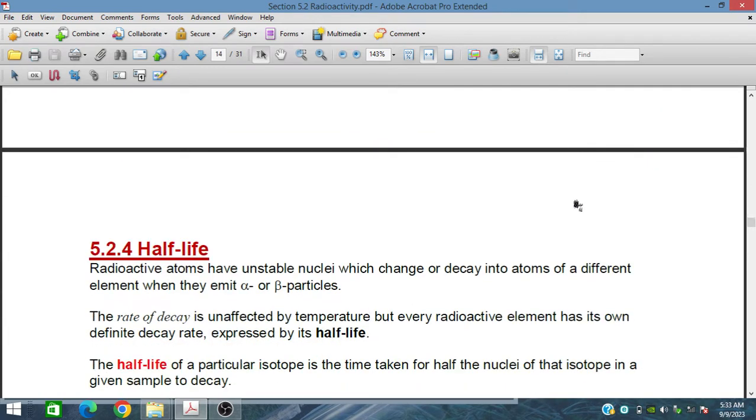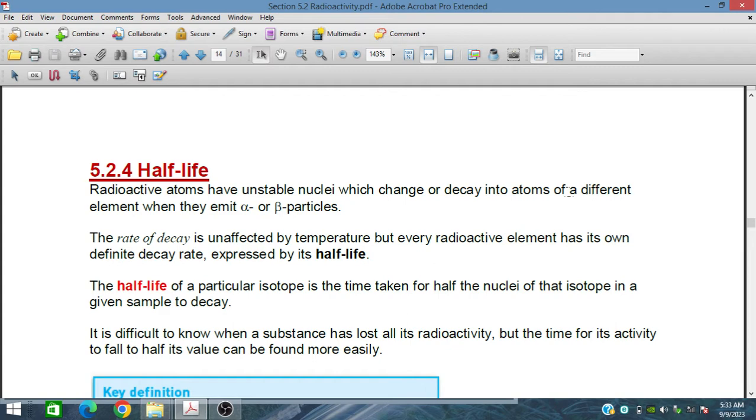So this is half-life. Radioactive atoms have unstable nuclei which change or decay to atoms of different elements when they emit alpha or beta particles. So as a result of this alpha and beta emission, the atom changes to different elements. The rate of decay is unaffected by temperature, but every radioactive element has its own